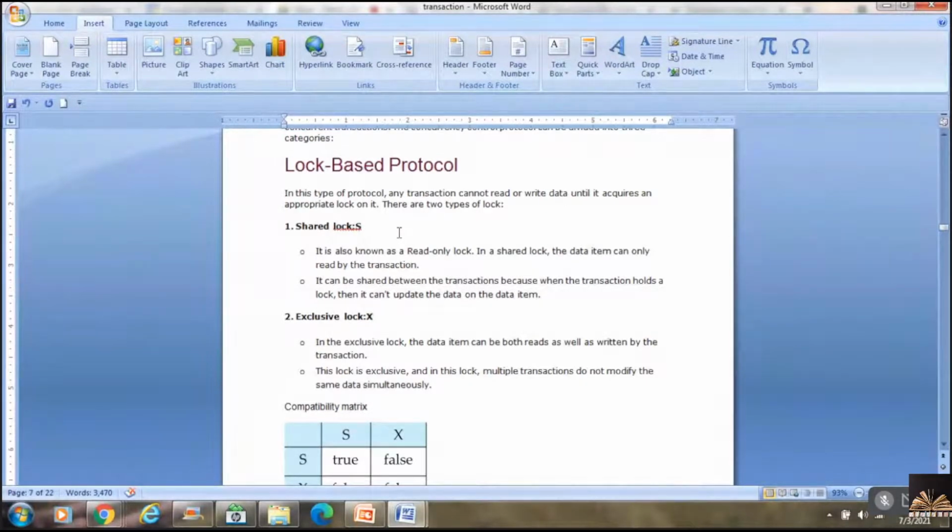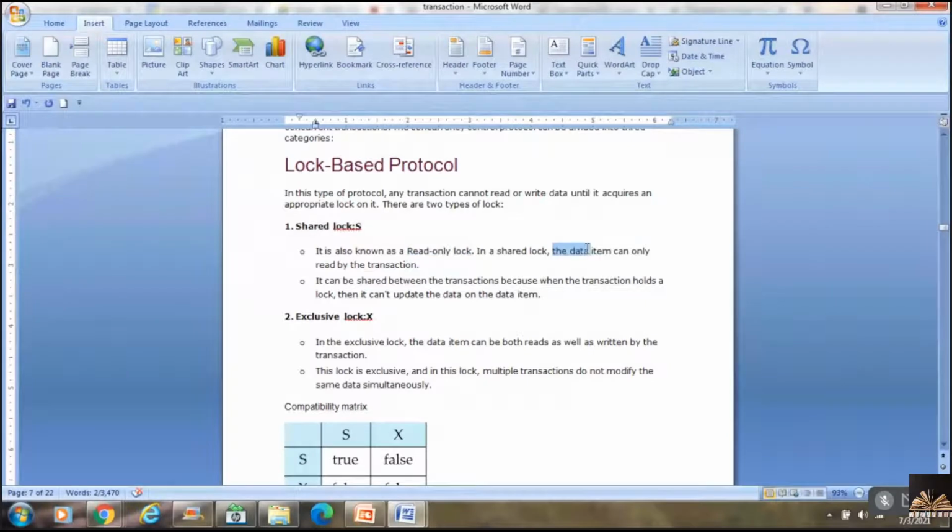Hence, it is also known as a read-only lock.